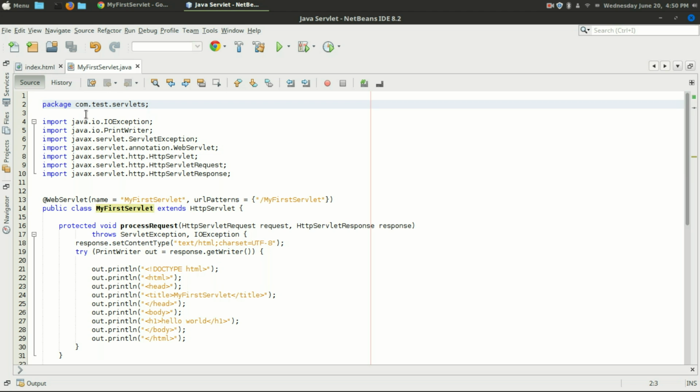Don't take it too complicated, it is just simple. That means that there is a folder com, inside that com there is another folder called test, and inside that test there is a servlet folder, and inside that folder there is MyFirstServlet.java. That's it. Now jumping to the next line, what is this import